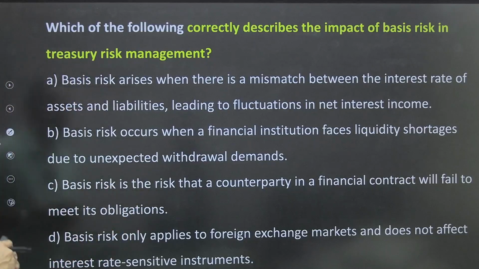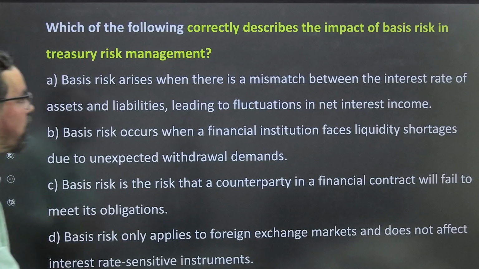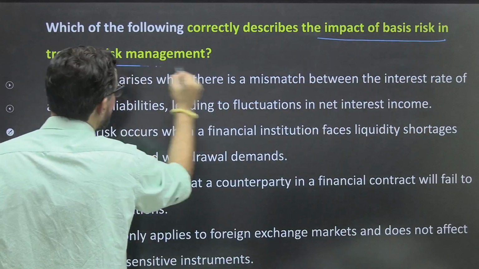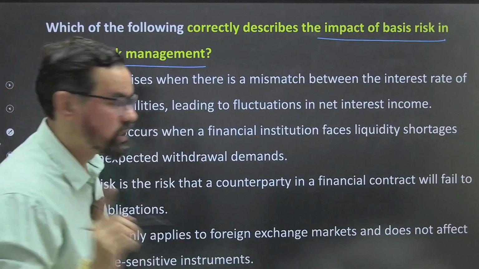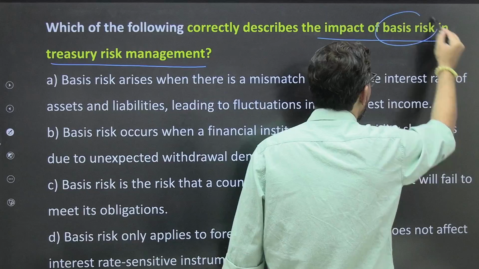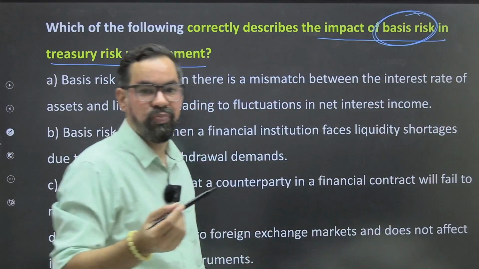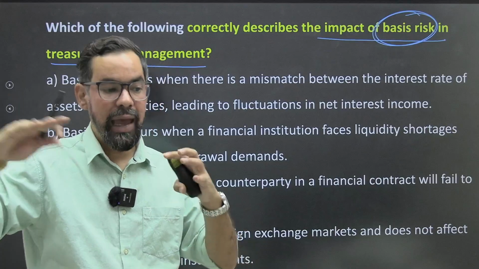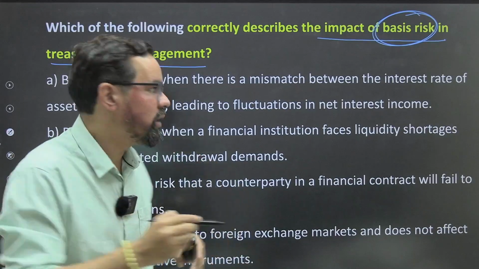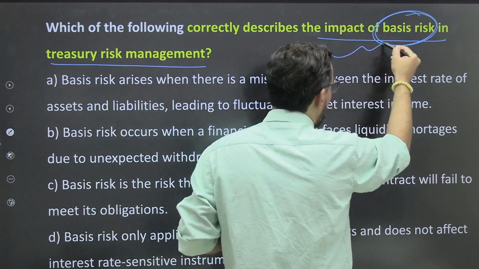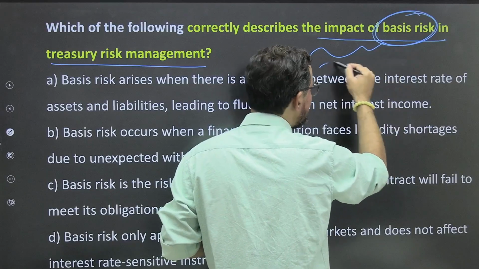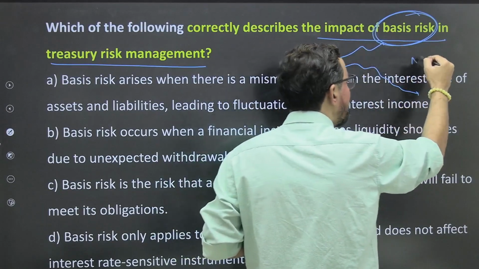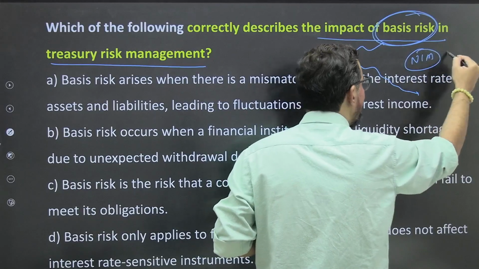Next one, which of the following correctly describes the impact of basis risk in treasury? I hope you guys remember basis risk. Basis risk is basically where we have one benchmark, where your interest rates are linked with some benchmark. Okay, and let's say this is the bond yield and this is what your benchmark is doing, ठीक है, तो अब इनकी वजह से there will be a negative impact on your NIM,